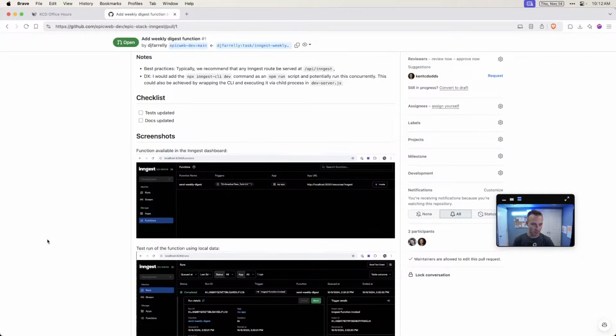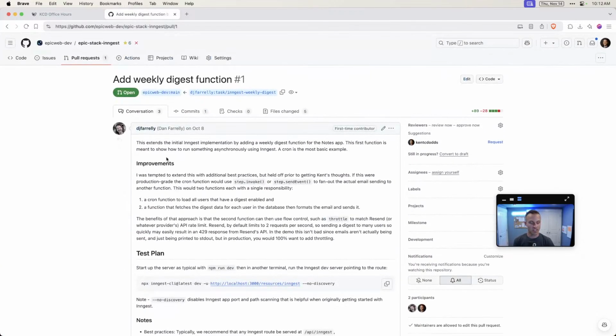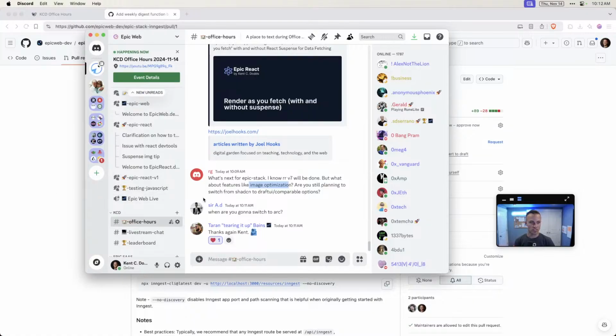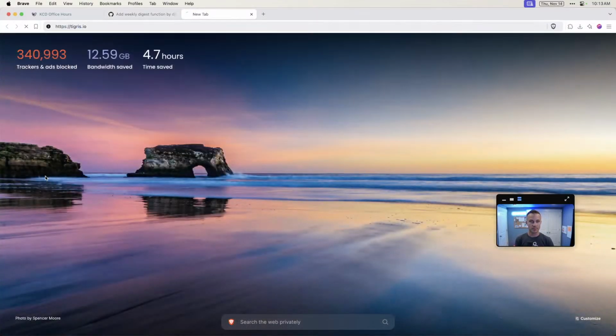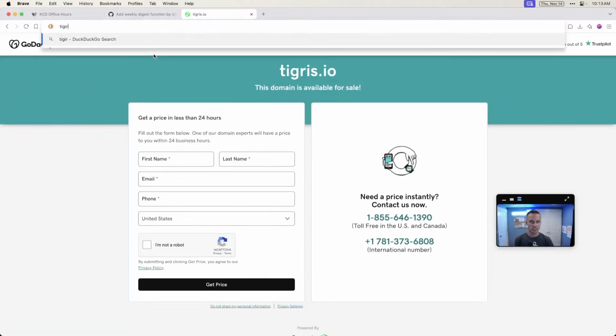I got them to do that. I said, here's what I want. And they said, yeah, we can make that. So I still need to finish creating this example and then maybe bring this directly into the Epic Stack, because jobs and stuff like that are pretty important for most apps. Image optimization, another one. Right now we're just saving the user avatar in the database, and it works fine for small images and stuff, but probably not the best. The thing I need to look into for that is Tigris.